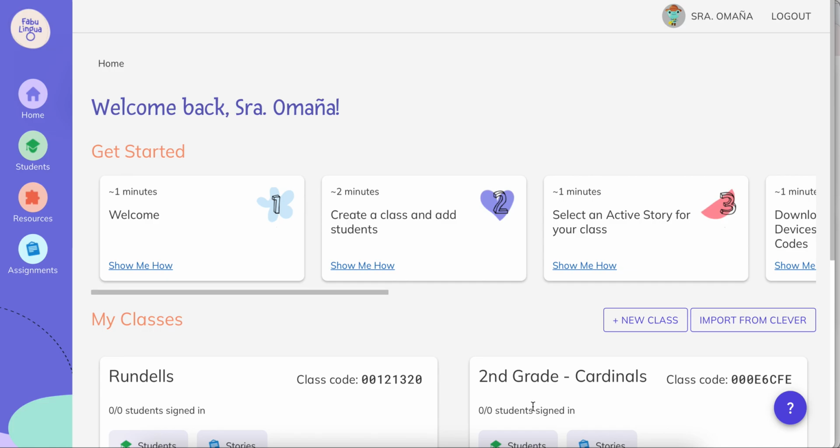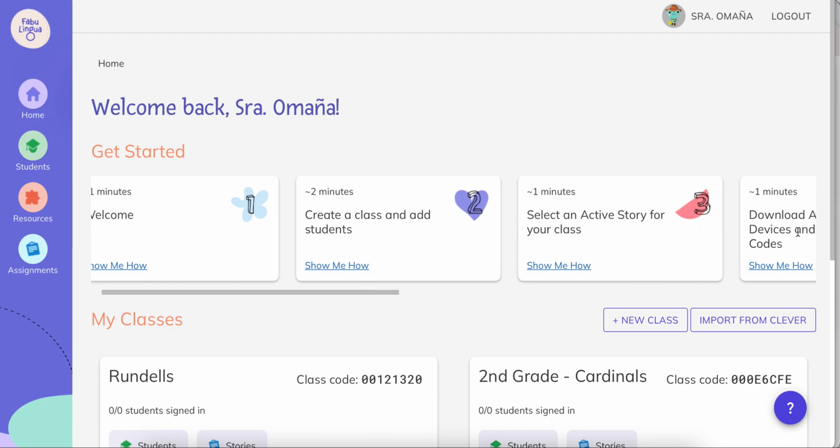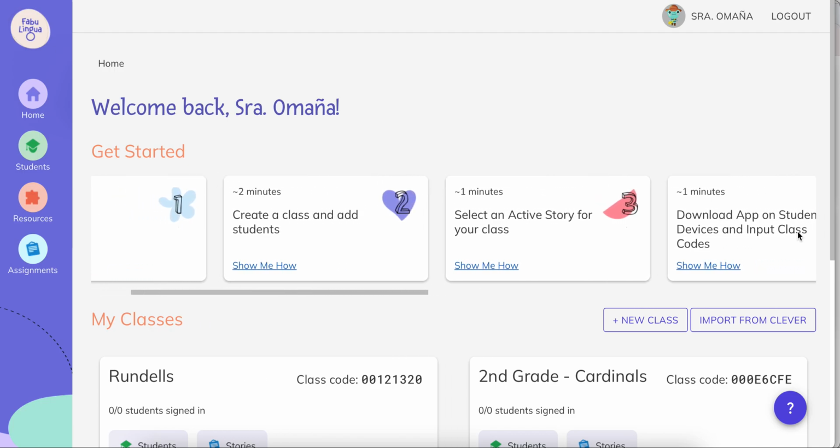Bring your attention to the home screen of the FabuLingua Teacher Dashboard, this Get Started section. It's got a number of cards to walk you through the steps that you need to take. But it's come to my attention that some browsers don't have this scroll bar visible, and that in some computer setups, the screen kind of cuts off right after card 3, so you wouldn't necessarily know that there are further steps to be taken. So all you do is scroll to the right, and